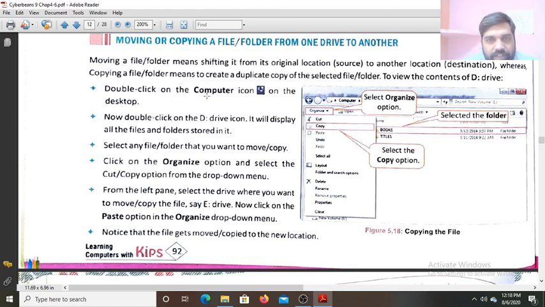To view the content of the D drive, first of all you have to double click on the Computer icon. That is for Windows 7. In Windows 10, in my system which is Windows 10, you will find This PC on the desktop. Now double click on the D drive. When you double click on the Computer icon in Windows 7, this window will open and you will find here